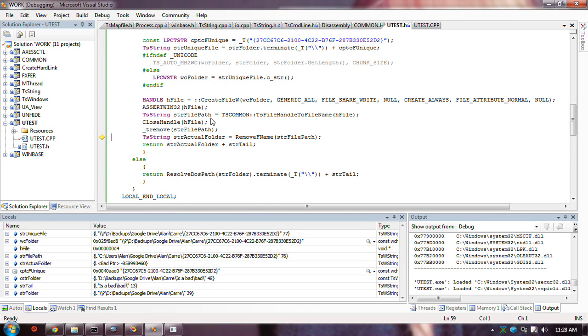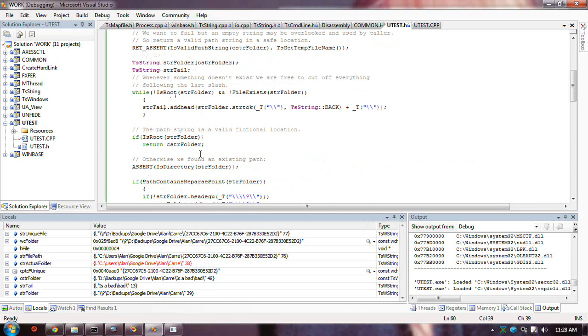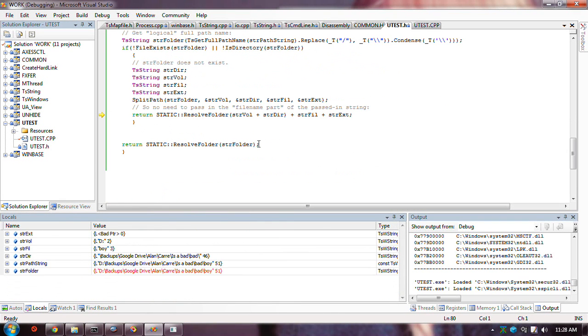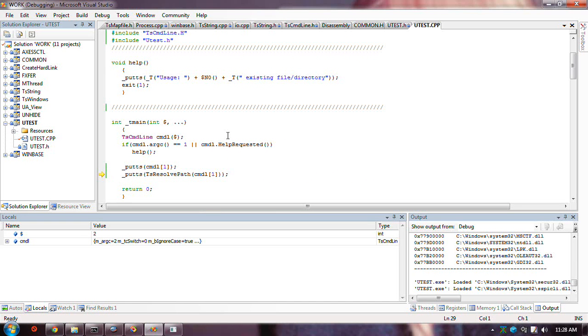So the actual folder is, take away the file name from what I just got mapped. So here's the folder, right? The file name was some unique thing. And now add the tail, which was computed up here, if there was anything extra, and in this case there is, to the thing that's been determined. And that brings us back here, and we print it out. Okay? So there you go. That's one way to do it.